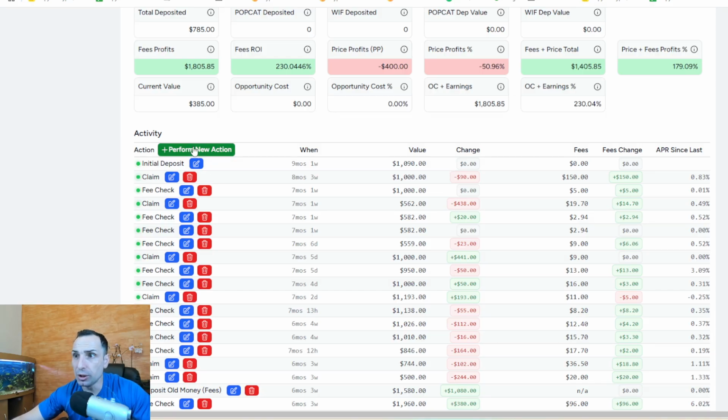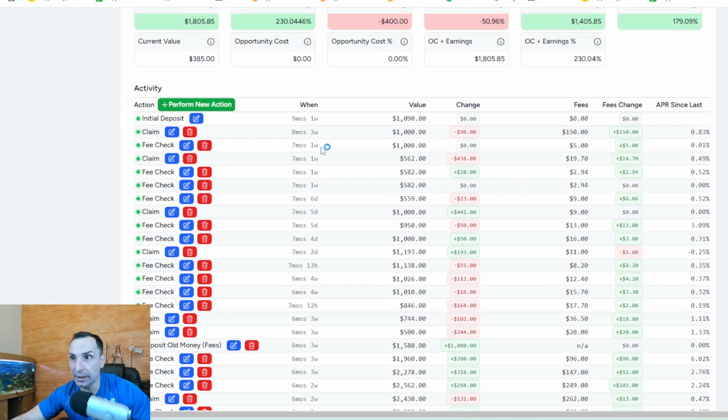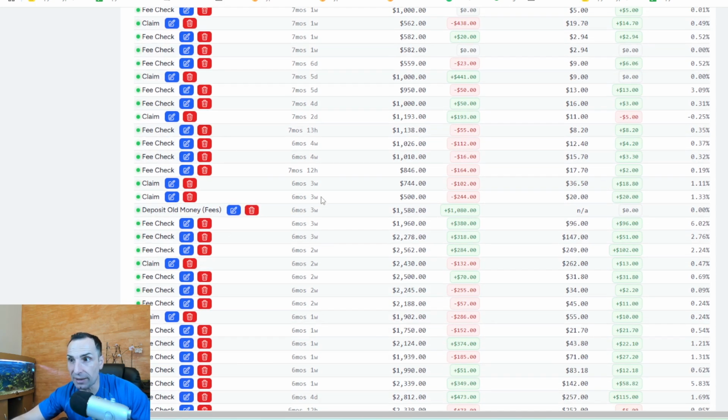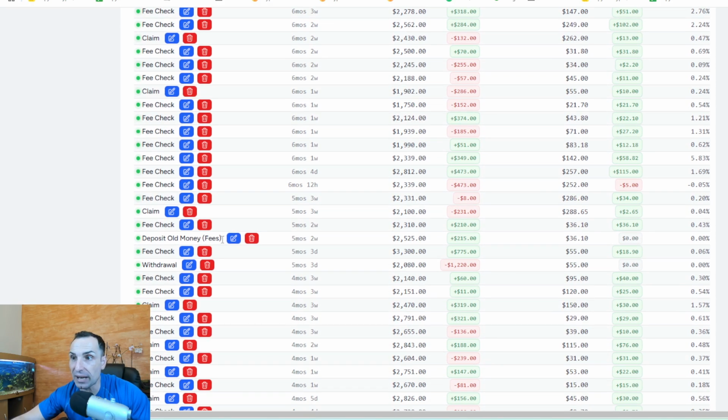Now check this out. For my initial investment, I put in 1,000 bucks. Then after a week, I did a claim. My pool went down, again after 2 months, and then you can see fee check and claim. But after around 3 months after that, I deposited 1,000 bucks more. And then I made another deposit around 2 months after that,